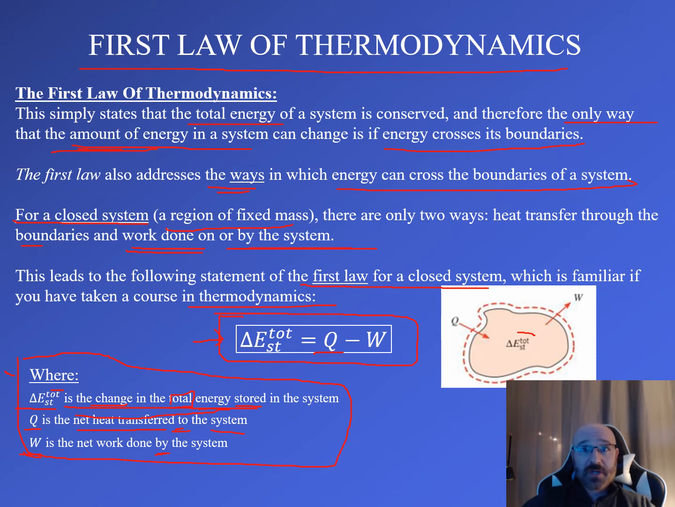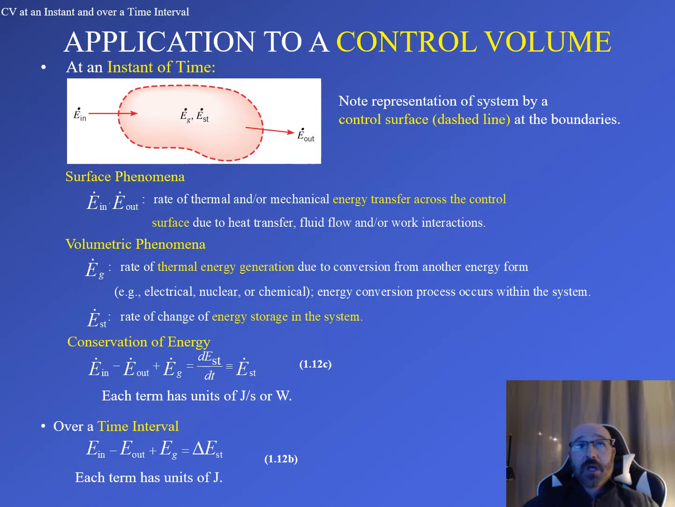Here's our stored energy right there. And this is equal to, again, our Q, the heat transferred to the system. So you can see that arrow coming in with our Q, and the work done by the system. You can see our arrow leaving our boundary right there, and our W. So that will lead us into control volume here,